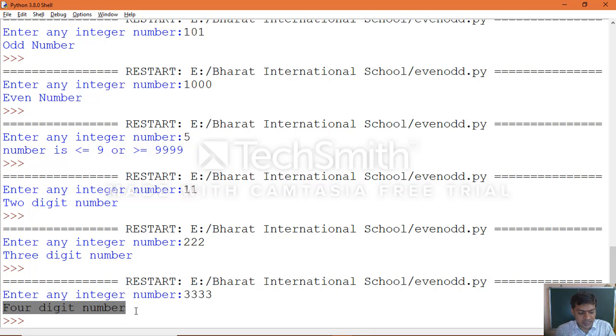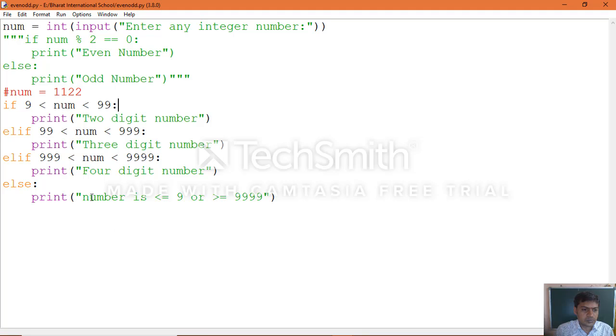We will get an output. So now the first condition becomes false, it comes to the second elif condition, this also becomes false, then it comes to this elif condition: 999 less than num less than 9999. So this condition is true, then you will get the output as 4-digit number.